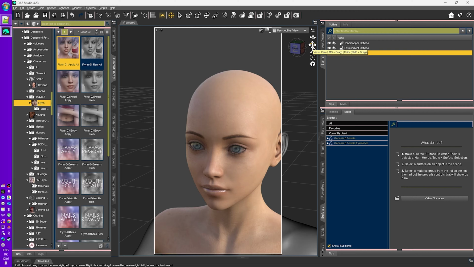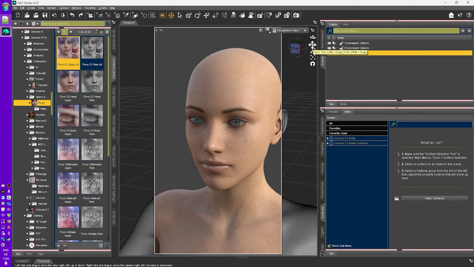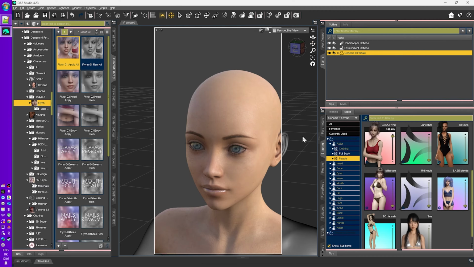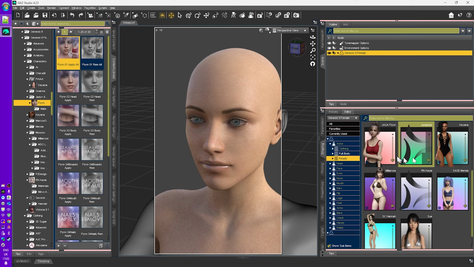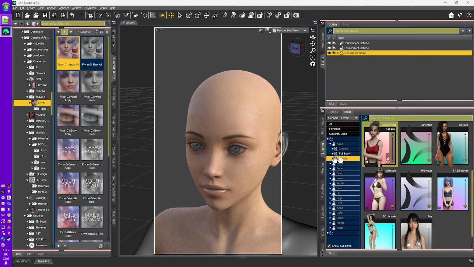The first part is the morph, so go back to Genesis 8, and if we go to shaping, we can see there's Flynn there. And if we just undo that, you can see that it goes to 0. That's Genesis 8, reapply, adjust to Flynn, 100%. Okay, the second part